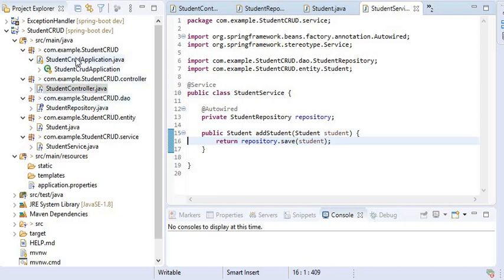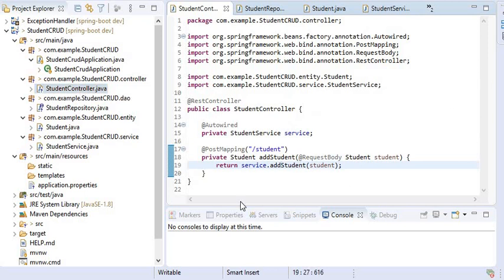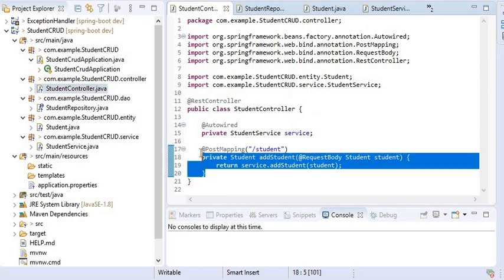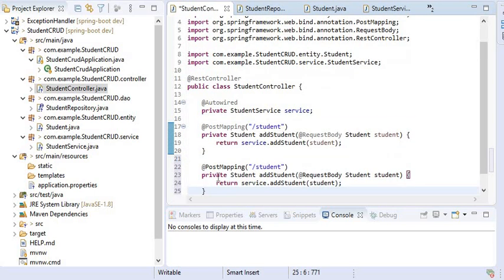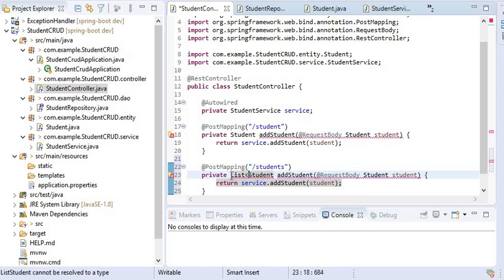And now I will go to my controller again, and will create a second API to get the students. This API will be used to get all students. So return type will be the list of student, List of Student, and the function name will be getAllStudents.